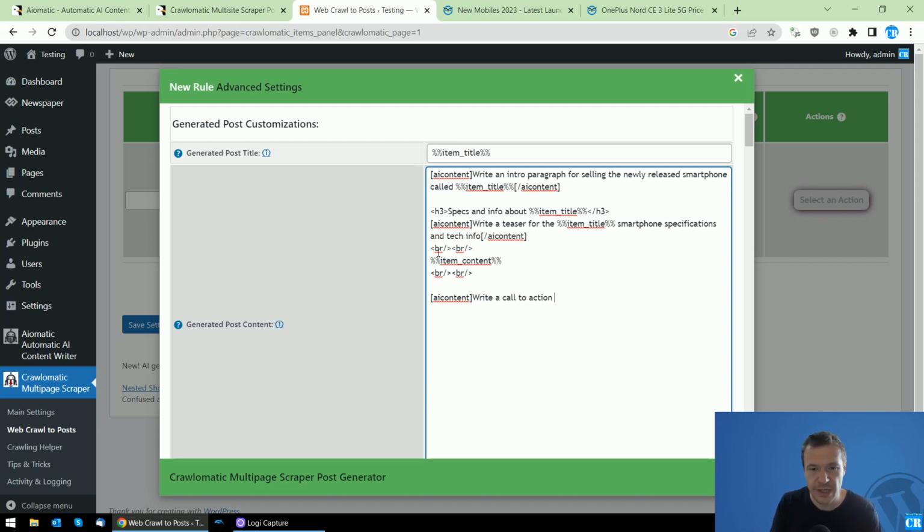Write a call to action to buy the item title smartphone. Don't forget, always close the AI content shortcode like this, and afterwards